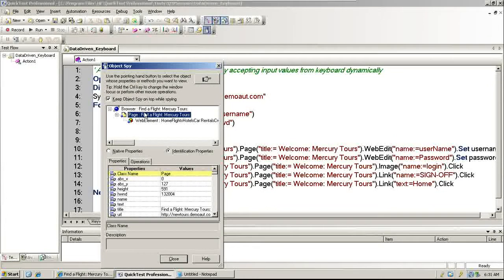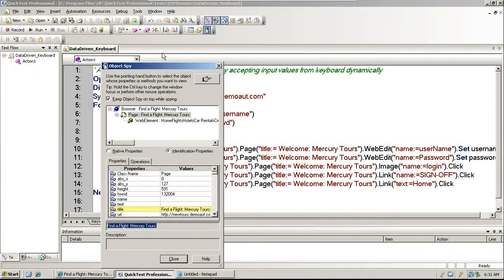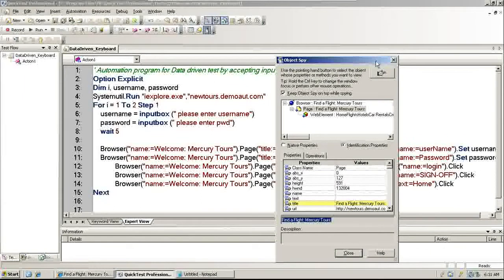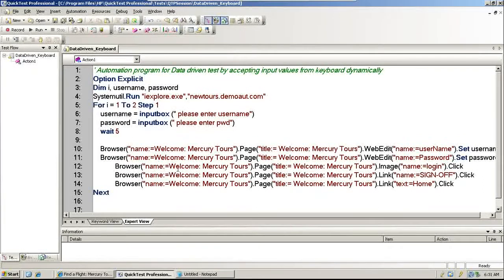Browser is a parent, page is a child. So for title, you copy the same thing. Basically it's the same thing, only the property value changes, and the rest of the story is similar. The name of this is similar, and everything is correct. So I'm going to close this. Simply have to replace this. Alright, so I'm going to replace this one. Sorry, not login. The error was in the 13th line, right? So we are good with the 12th line. The 13th line is wrong.